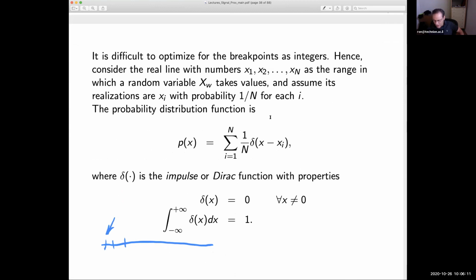So what I will try to do is consider the breakpoints as belonging to the continuum R. So this would be my R, and instead of just selecting my splits as indices, I will try to relate to a value. In order to do so, let us define a probability. Now, this probability is a strange probability. Why? Because it would get really, really high values where I have my numbers. So if I have n numbers, then this probability should get a value of infinity